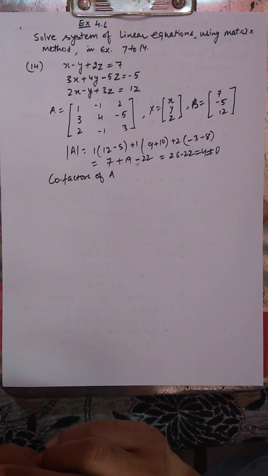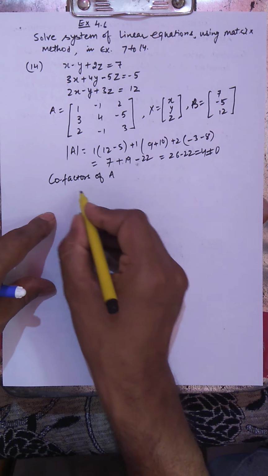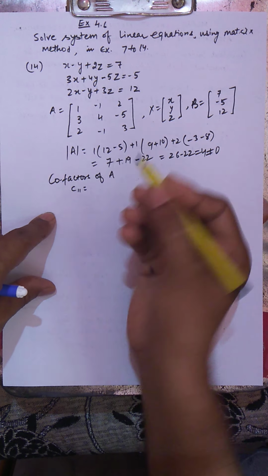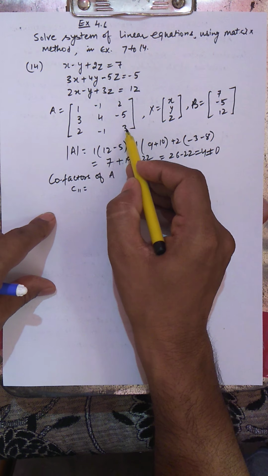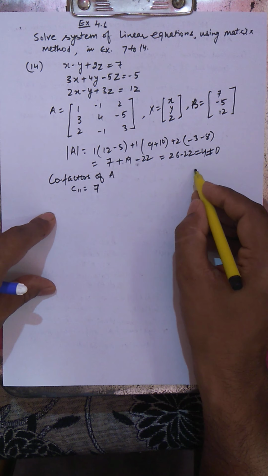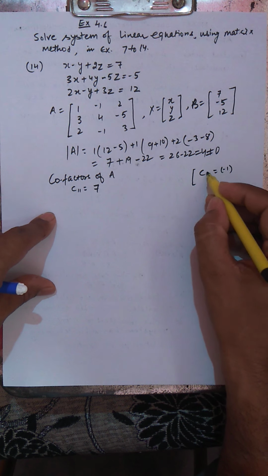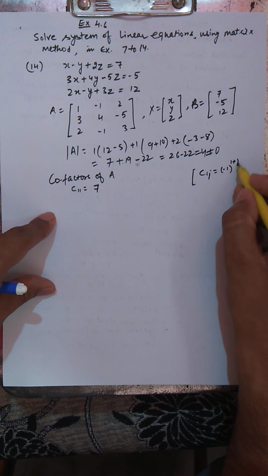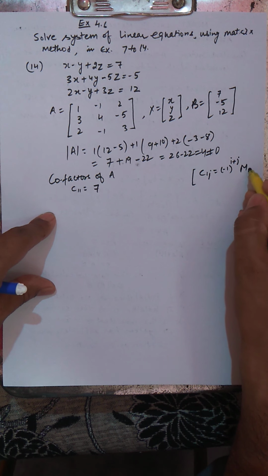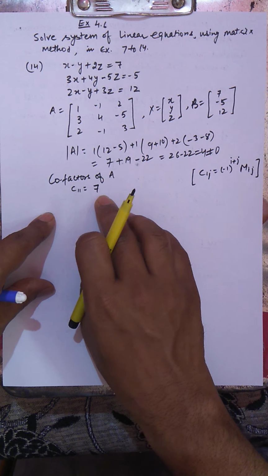After finding the value of the determinant of A, now we'll find the cofactors of A. So cofactors of A means I'm going to write C11. I'm using that formula directly. 4 3s are 12, and this is 7. So this will be your 7. At this side you can mention cofactors as minus 1 to the power i plus j, and this is Mij. If you mention this, then there is no need to show it again and again.